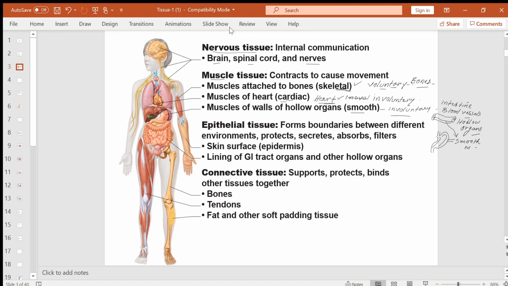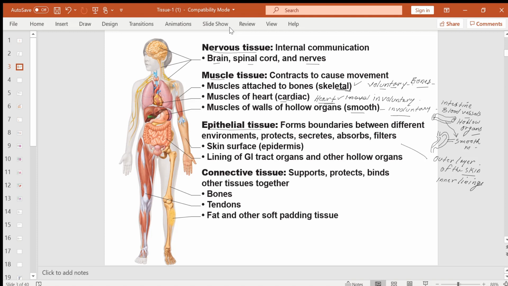Then epithelial tissue. Epithelial tissue is found in the covering of the body. That means the skin, the outer layer of the skin, or covering of the body. Inner linings of